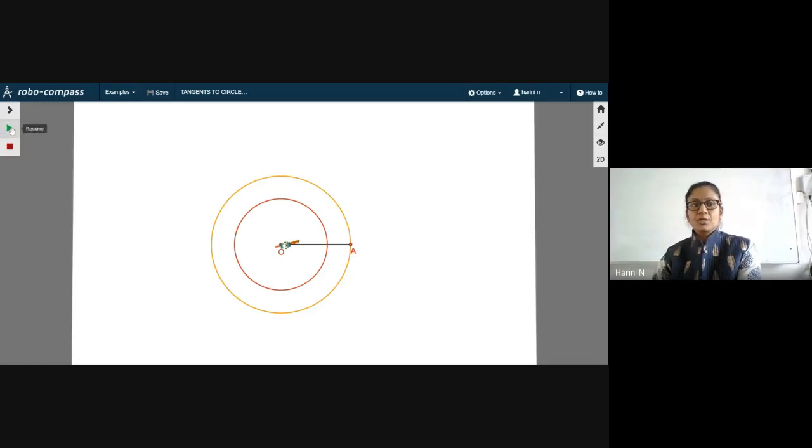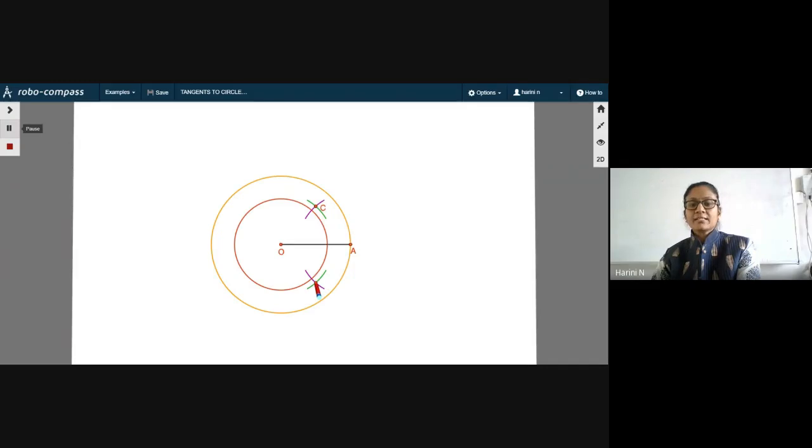So I'll show it to you now. See how it is drawing. With O as center and radius more than half of OA, I have drawn arcs above and below. Next, with the same radius, I will keep the compass at A and cut arcs above and below. I have shown it in 2 different colors so that you are able to see it clearly. Then you have to mark the points of intersection. I will call it C and D.